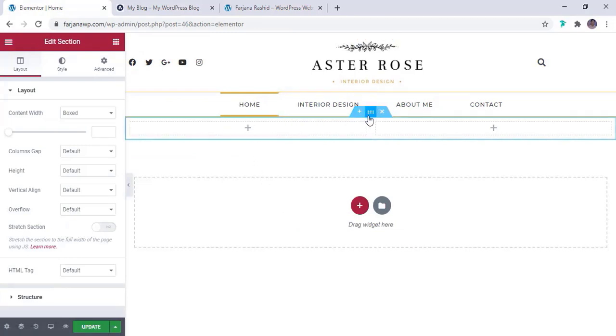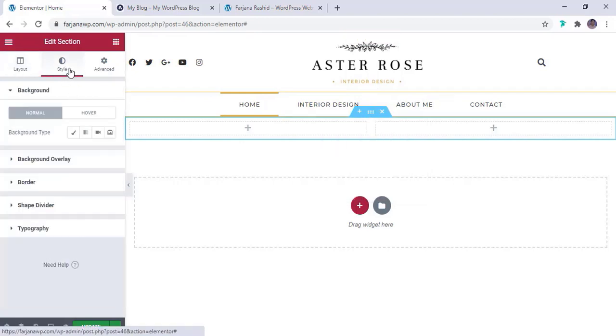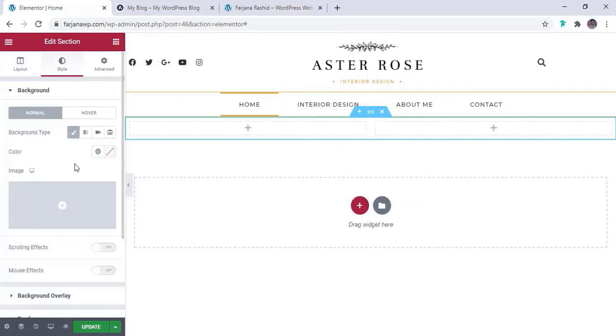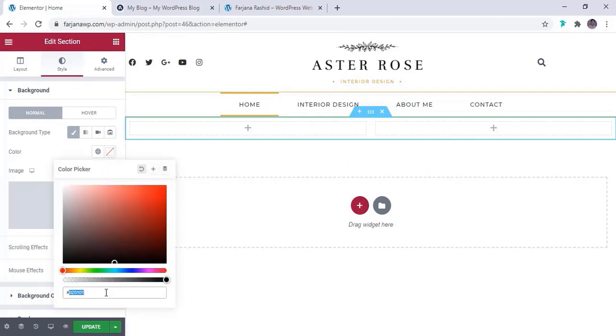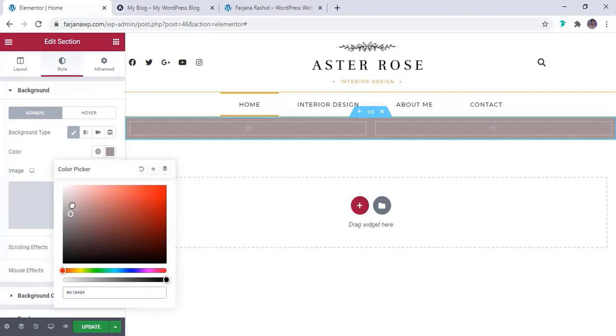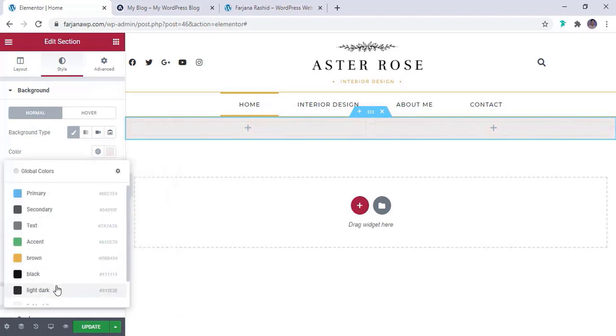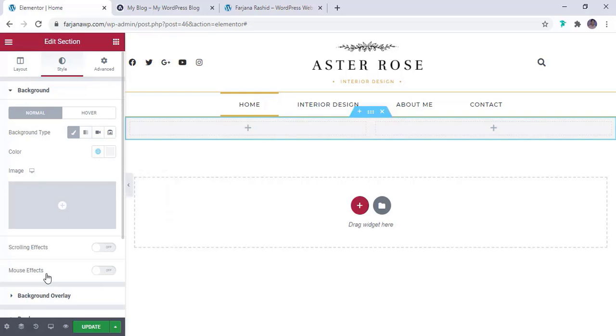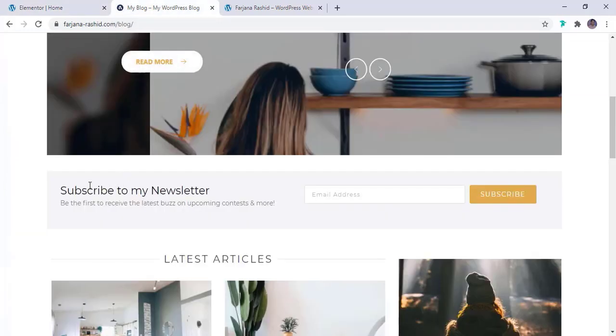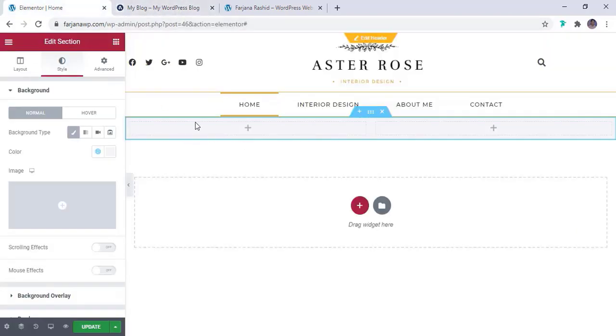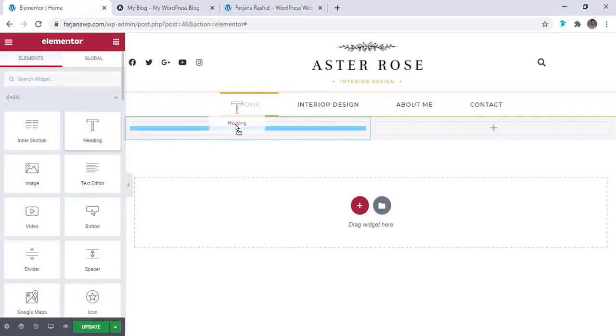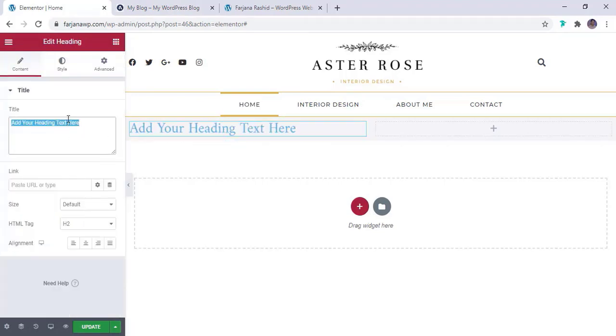and we can add the background color for this section. From here, going to background color, we can add something like that, or from here light white. And for the left side we can add this text. So here again I'm taking the title and adding this text,